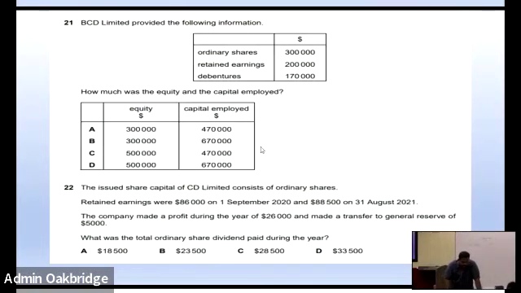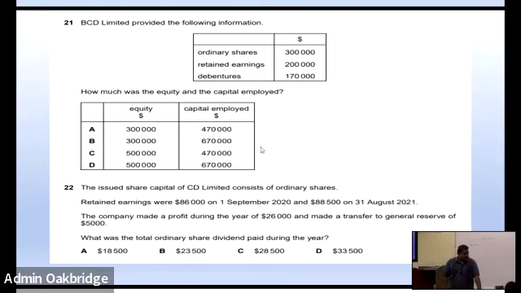The company made a profit during the year of 26,000 and made a transfer to general reserve of 5,000. So 26 minus 5. Remember, general reserve is transferred from profit for the year. General reserve is not transferred from retained earnings. Retained earnings is the balance. Okay, now. So now they transferred 5,000. So 26 minus 5 is